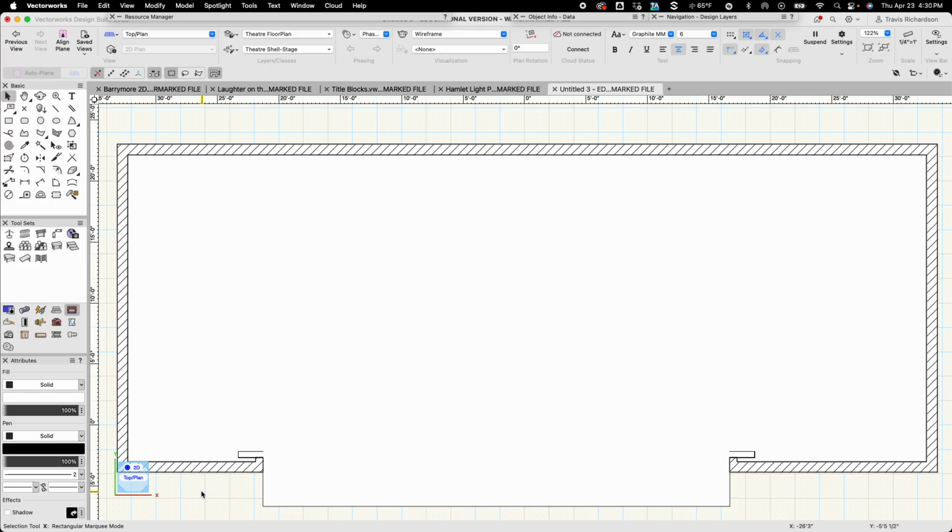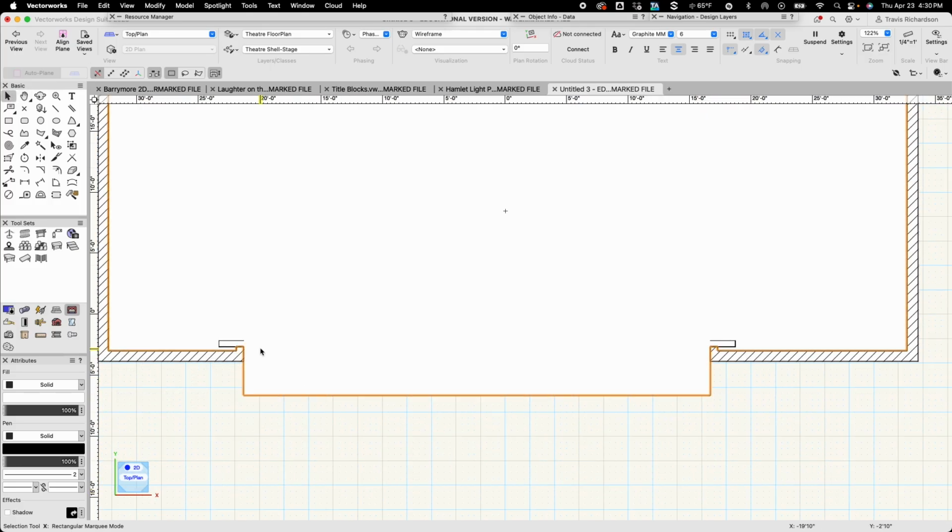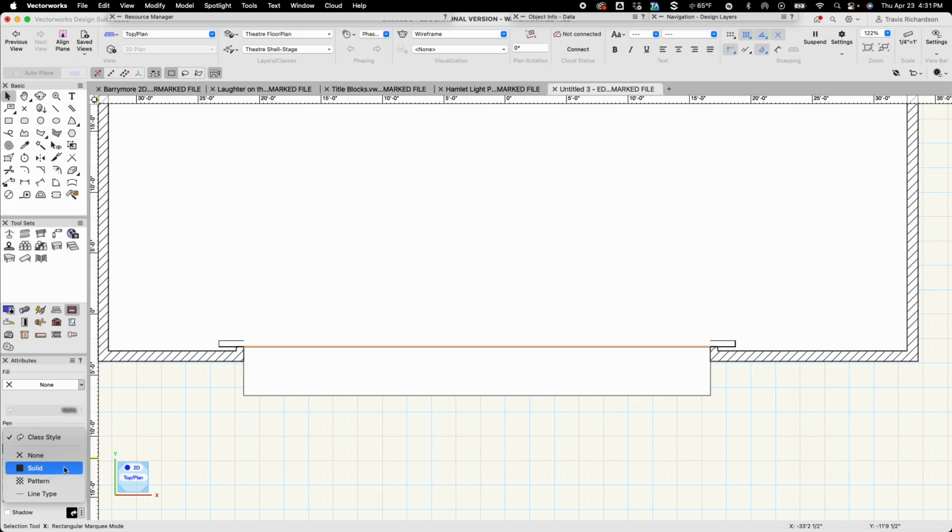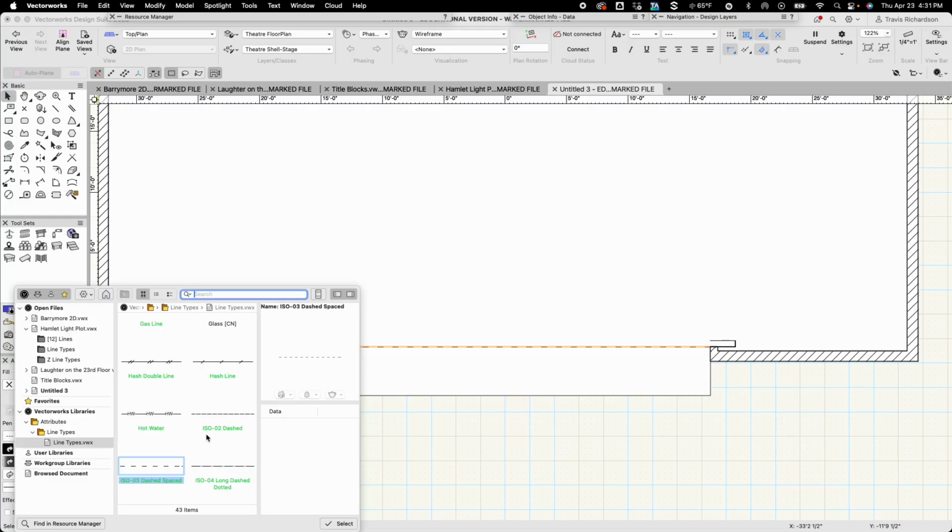So the first is the plaster line, which is an imaginary line that runs along the upstage edge of the proscenium arch. So to do this, I'm just going to activate my line tool, and I'm going to draw a line from this endpoint to this endpoint. From there, I'm going to make just a couple of adjustments to it in terms of how it looks. So I'm going to come over to pen, and instead of class style, I'm going to change it to line type. And I'm going to select my resource manager,